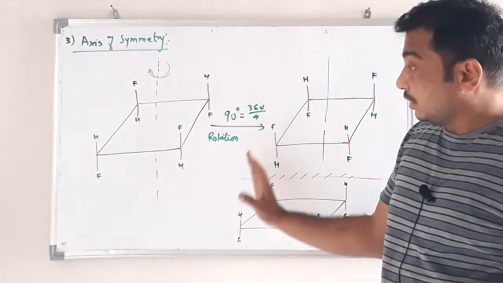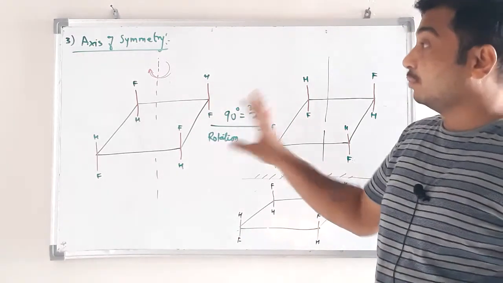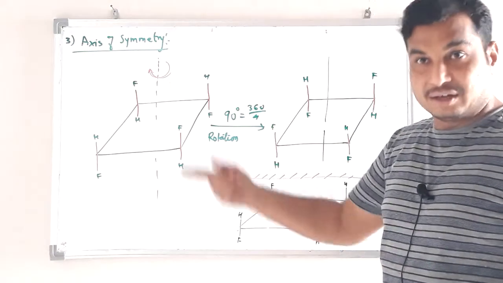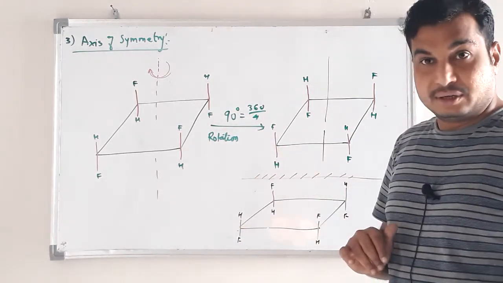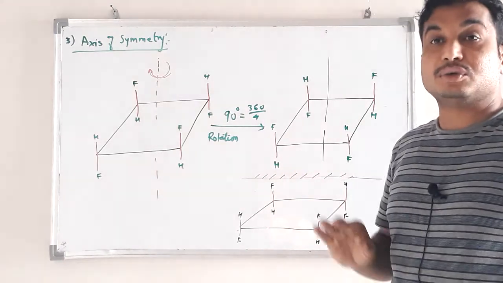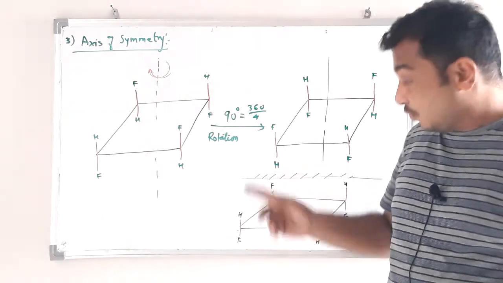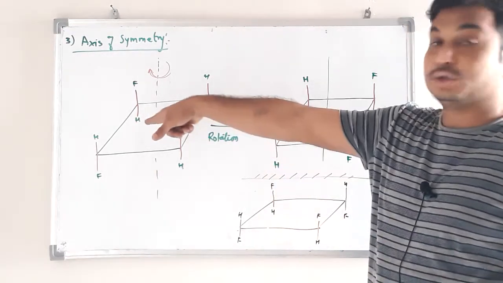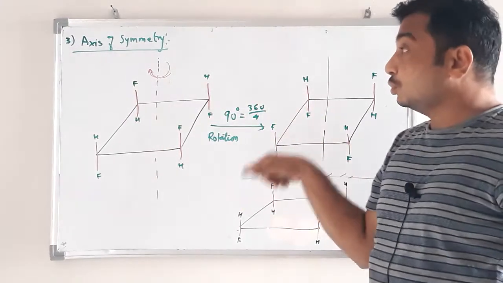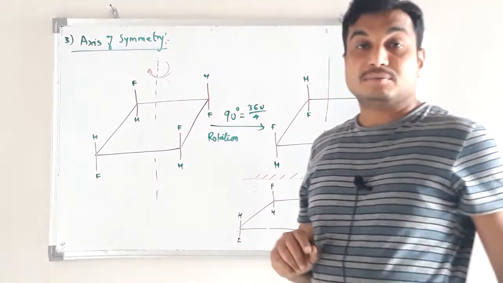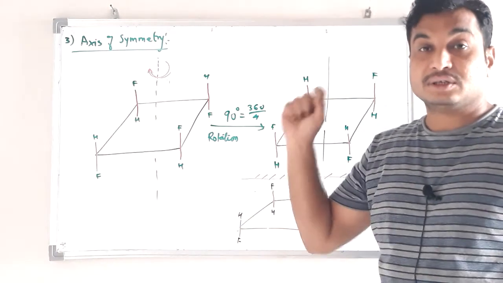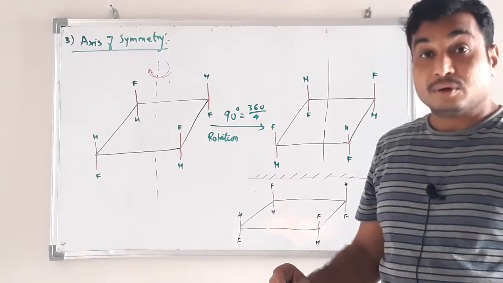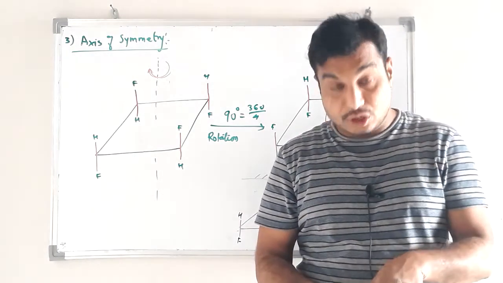In axis of symmetry, what do we have to do? We have to rotate the molecule through some angle, and then reflect it in the mirror which is perpendicular to the axis. If the arrangement obtained in the mirror image matches the original one, then the molecule is said to have an axis of symmetry. Okay, clear? So now which compound is optically active?